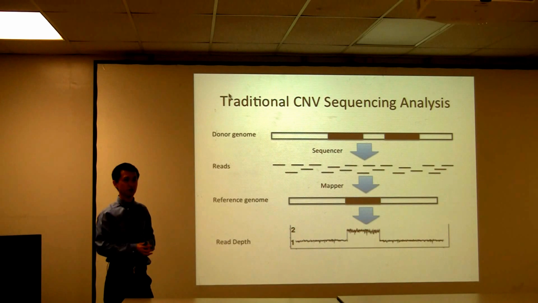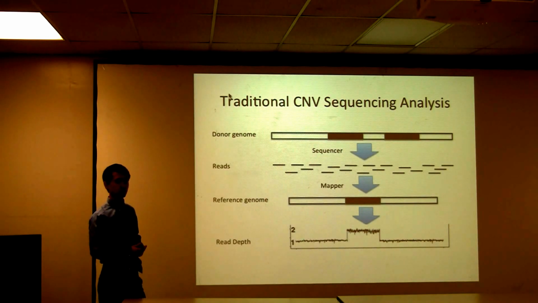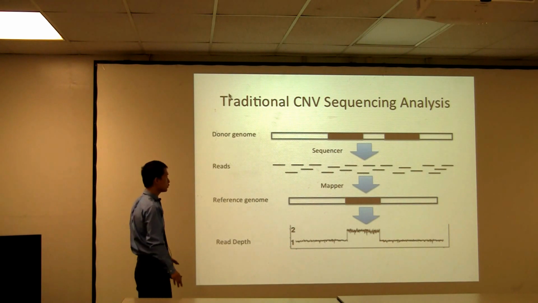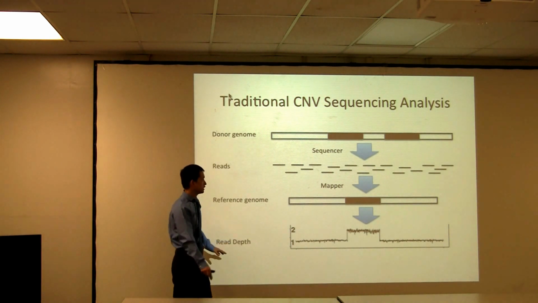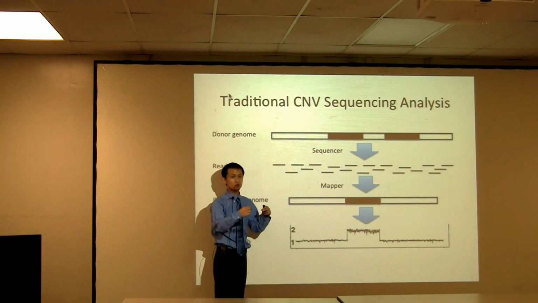I think they have it. Yeah, they have the hidden Markov model. Yeah, many of them, based on... Yeah. Actually, we also, yeah, right, because the assumption is that the adjacent bins will have a similar copy